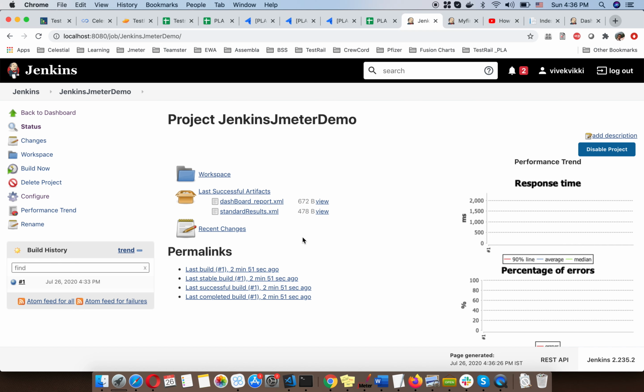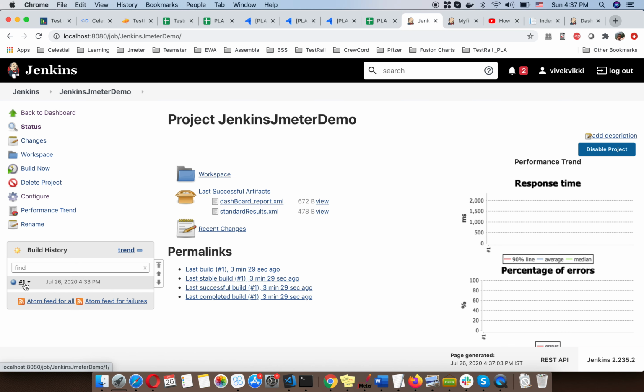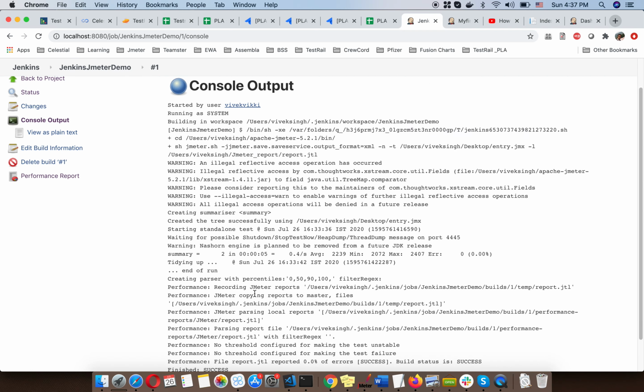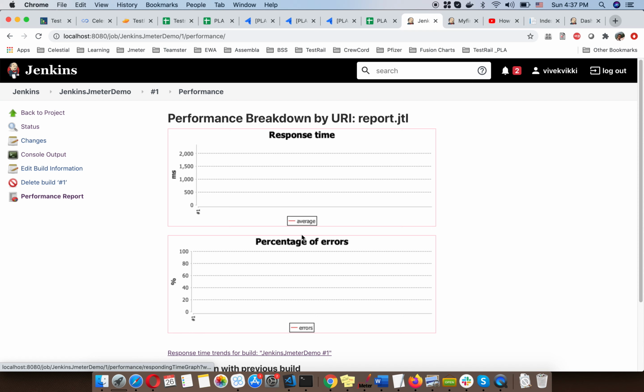Suppose you execute your script within Jenkins and want to share it with your client. Your client can easily go to Jenkins with his login, select your project, go to the build history, select this build, and see this result. The result is succeeded, and he can also see this performance report.